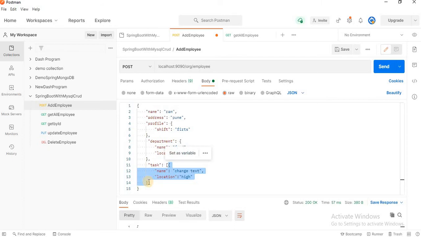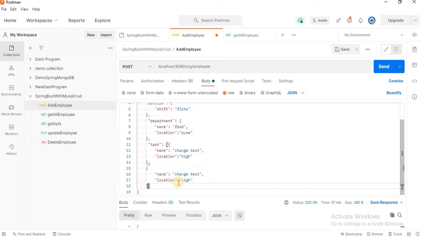I'll simply copy this task, paste here. Change text, change color. This one is also high priority. Change color and then change text. Let's save and send.